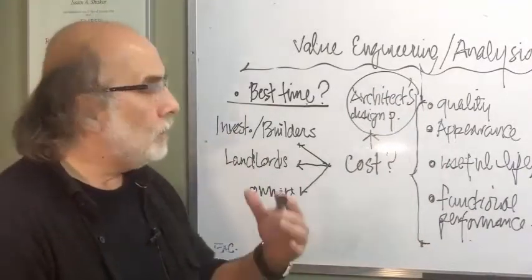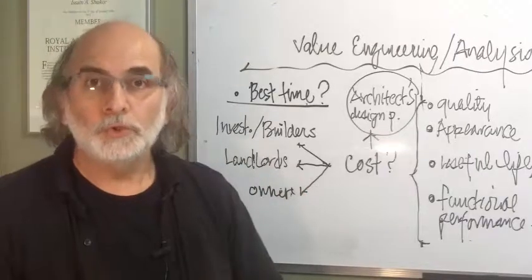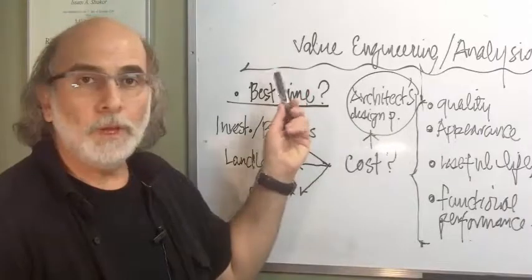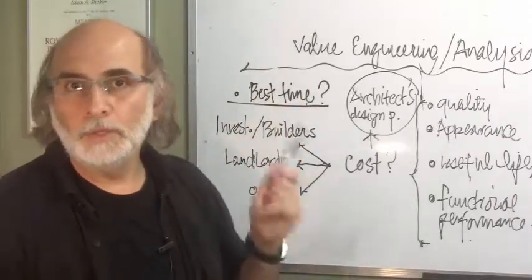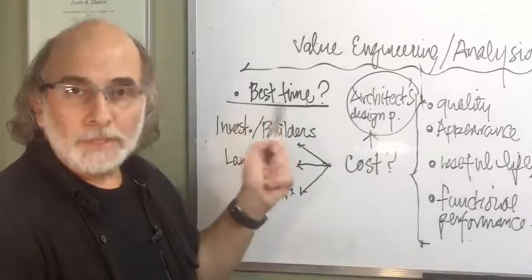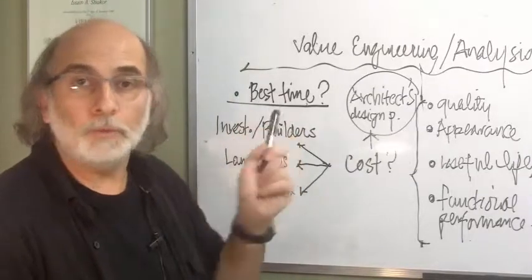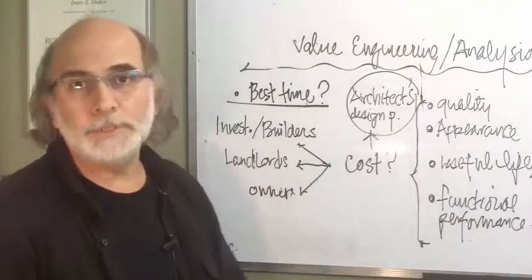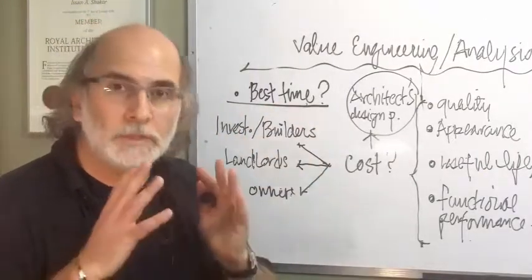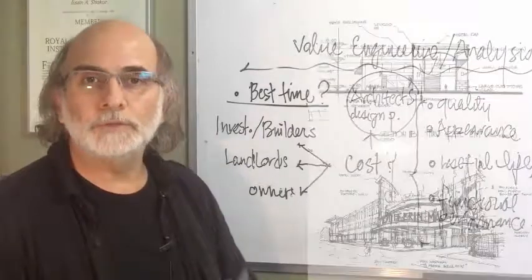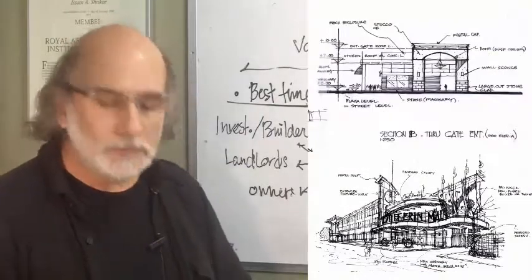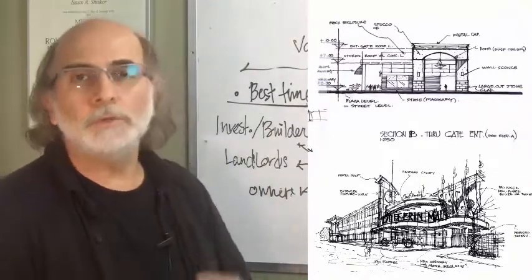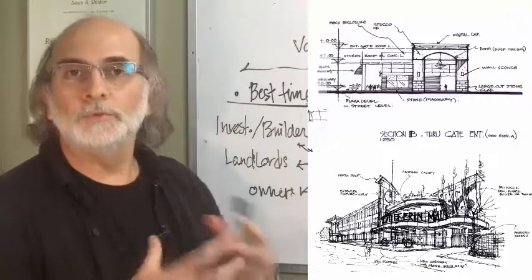So in short, I would like to conclude that you don't need value engineering, which is, by the way, you pay for the third party to do it. And the best time to do that, whether by a third party or by the architect, would be schematic design. That means when the design is still on the drafting table. We're still using markers, we're still using ink, we're still using pencils and colors to produce these.